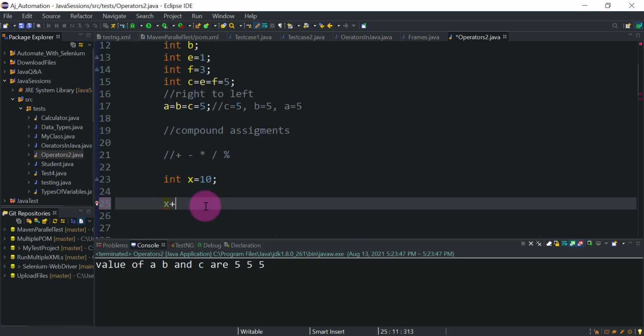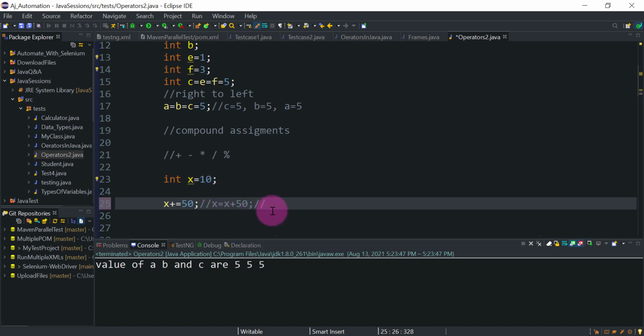and x plus equal to. Here I am mixing the two operators, plus and equal to, and the value will be, let's say, 50. So what is this expression? This expression will be solved like this: x equal to x plus 50, right? X plus 50. So what answer will we get?